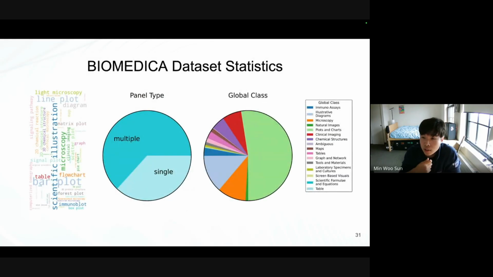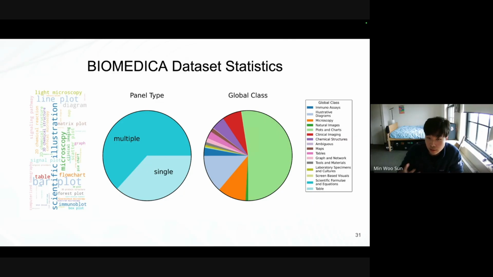And so now that we have these concept labels, we're actually able to dig into the composition of this data set, Biomedica, and glean some interesting insight. So for one, a lot of the images contained in our data set are multi-panel. These are figures that have sub-figures within the figure, so it'll be like figure A, figure B. And what's interesting is, for instance, the caption might mention things about both and make comparisons between both sub-figures. And that's something unique about the images in Biomedica.